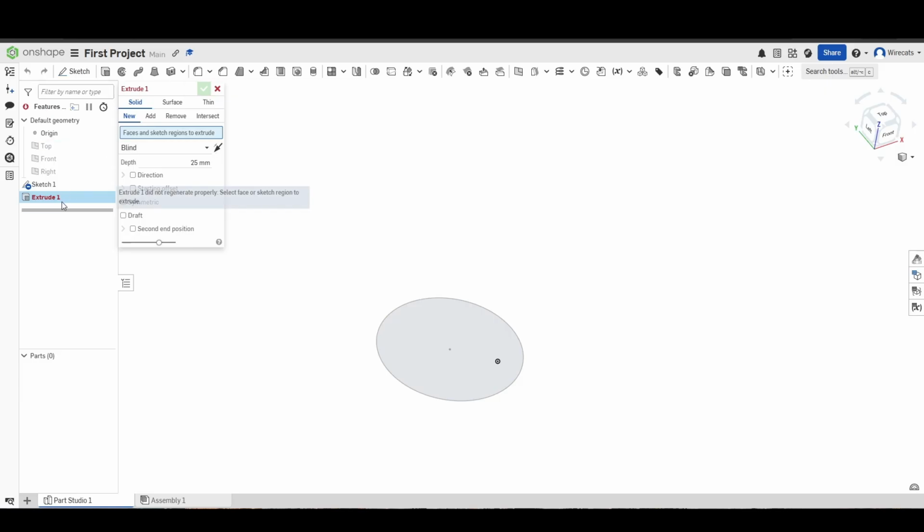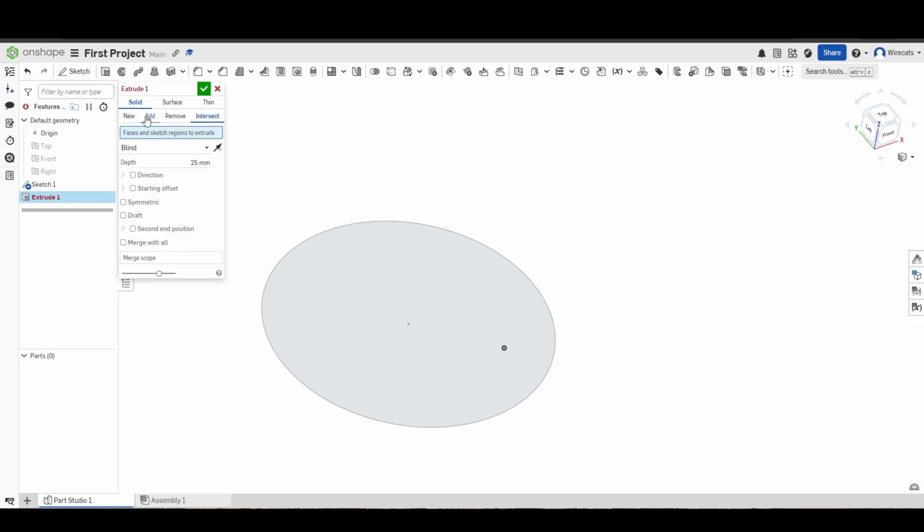Whoa, now there's a lot of options here. You'll see, as usual, it got added to our left side where all of our things are. Now there's all of these options. It's kind of self-explanatory, but a solid extrude would make a solid object. A surface would make a 2D surface, and a thin would make a thin surface. So we want to make a solid can. Click the solid tool since we want to make a solid, and we would hit the new because we're making a new part. You also have all these other ones like add, remove, and intersect, which we'll go into soon,